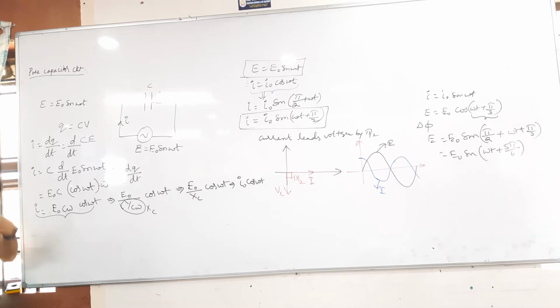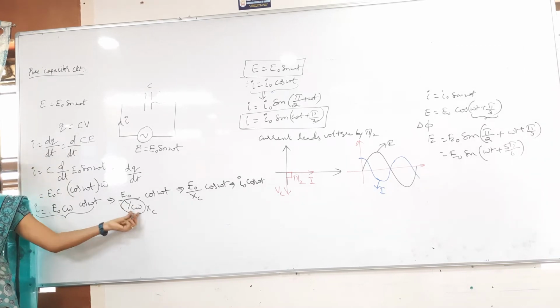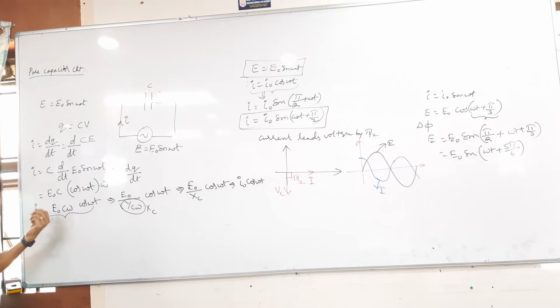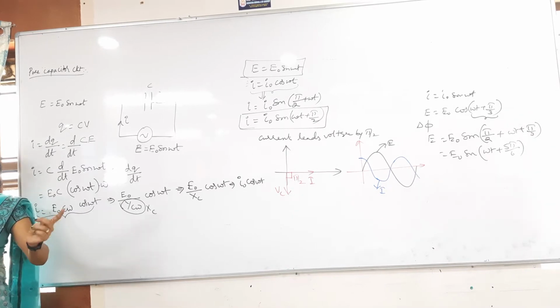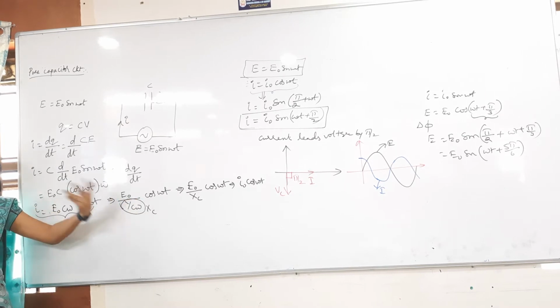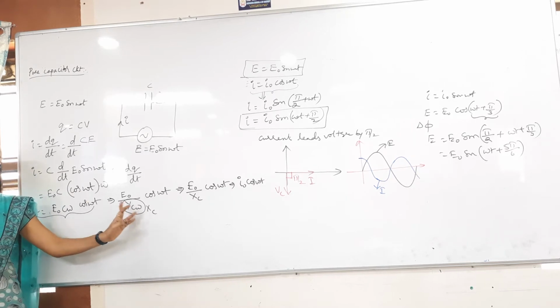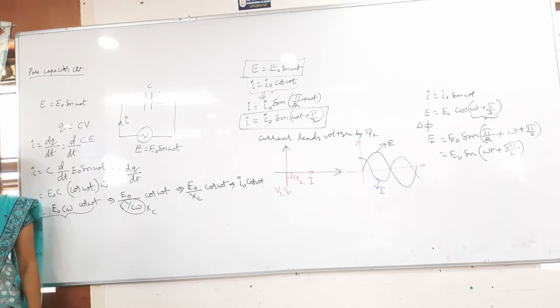Now somehow I have to make it a current. For that purpose, what is the formula for current? Voltage by resistance. So I have to get voltage divided by something. For getting divided by, there is no chance, since it is already multiplied. So what I have done is E naught by 1 by C omega. So C omega will go up, everything is the same again. At the end of the day, you have to get current equals voltage by resistance. Voltage divided by everything here, whatever it might be, is entirely resistance only. So 1 by C omega is the resistance offered by whom? Capacitor.